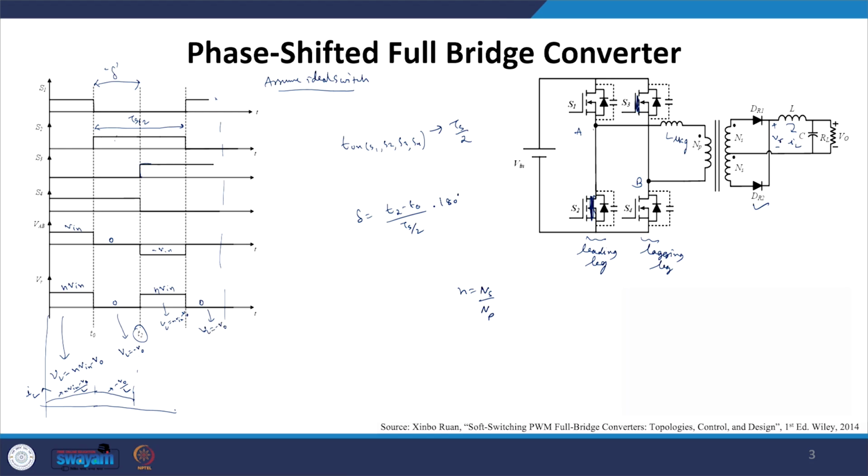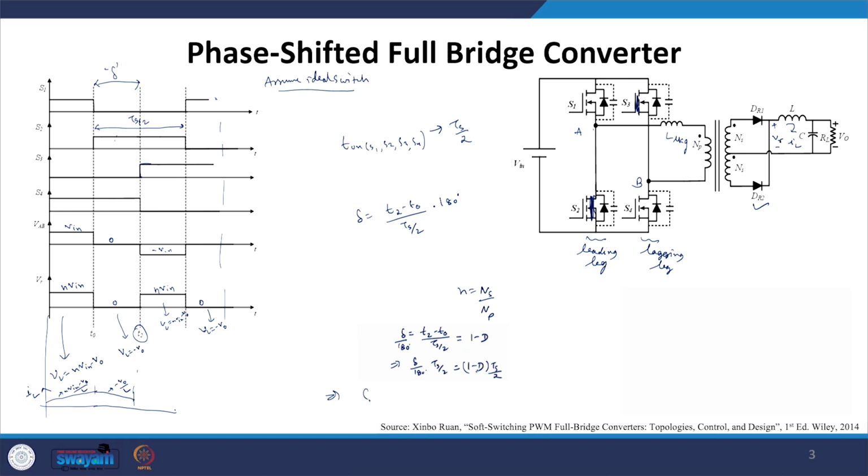So from this particular expression what we can write is my delta value is equal to T2 by T naught by Ts by 2, and this 180 degree we can take it there, and this value, when you look from this particular relationship, is nothing but equal to 1 minus D. So that is why we can write that delta by 180 degree Ts by 2 is equal to 1 minus D Ts by 2. So this indicates that the phase shift is directly related to the duty ratio D.